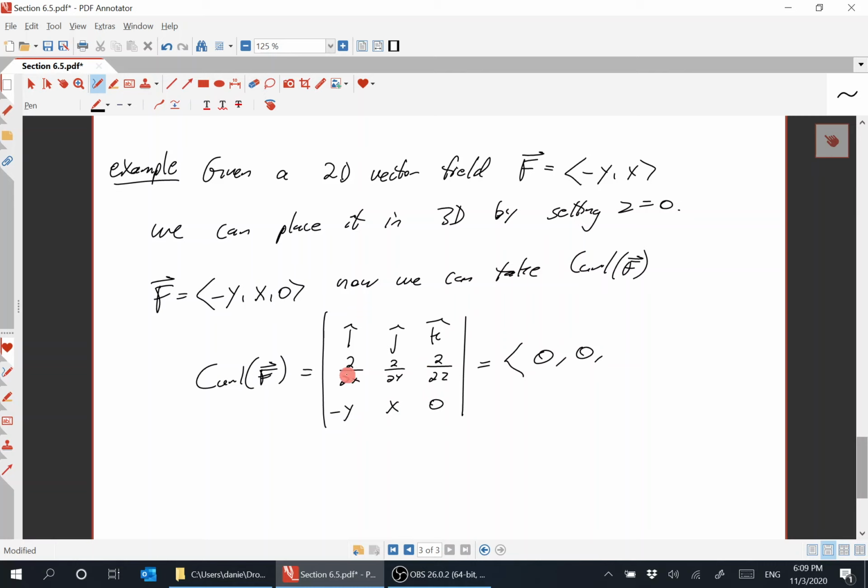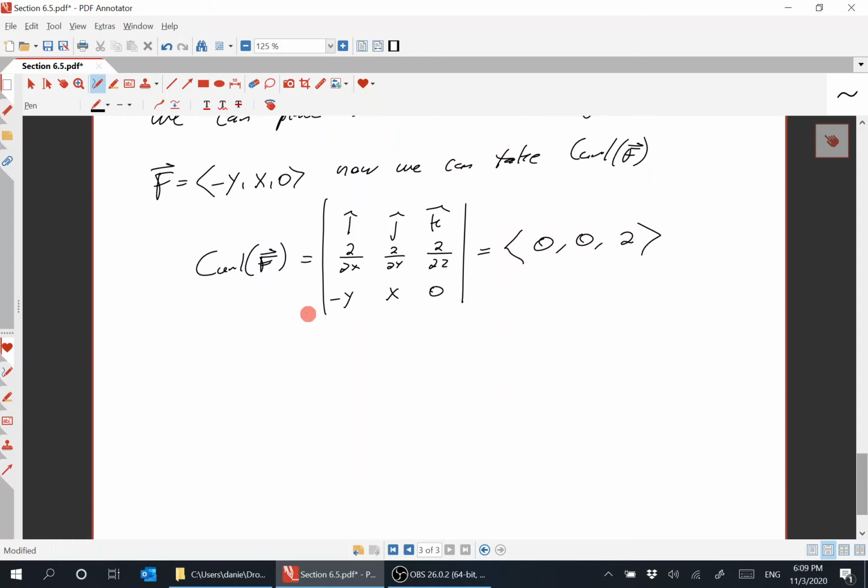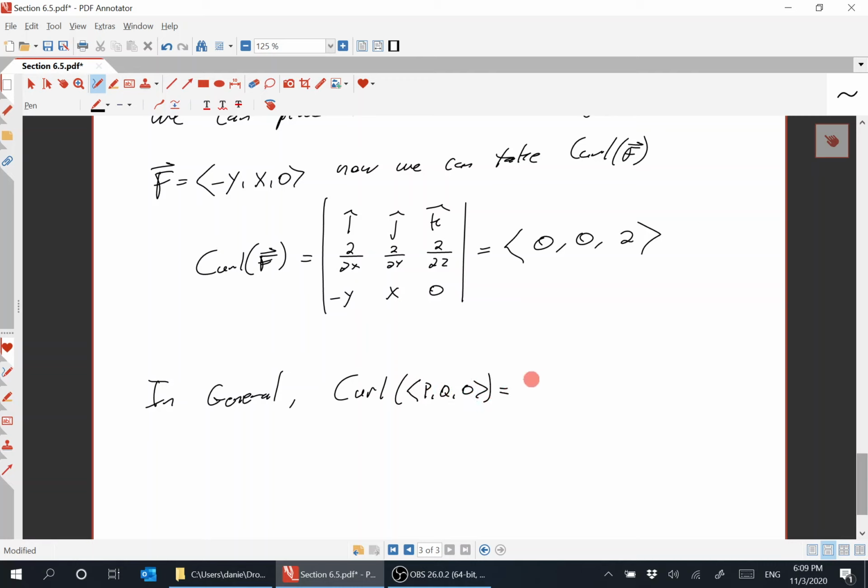And in the k component, it's 1 minus minus 1, which is 2. Right? In general, the curl of a two-dimensional vector field P, Q, with the third component set equal to 0, is going to be equal to 0, 0,